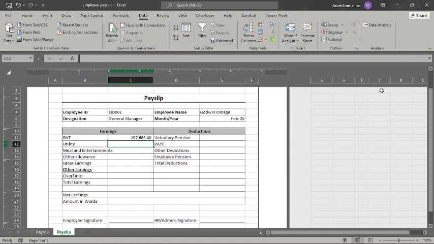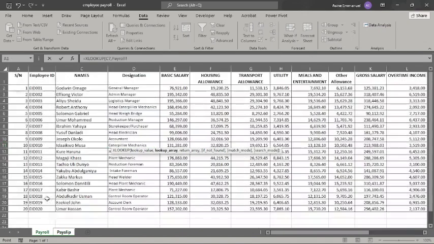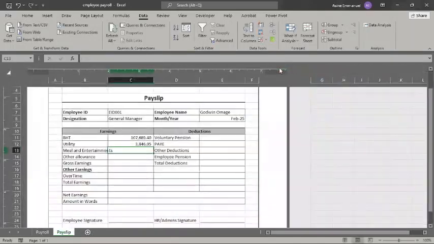For here, you do the same, equals to XLOOKUP, for our utility. This is our lookup value. Then utility. That's how you are going to do it for the rest. Okay, so we've gotten our values for